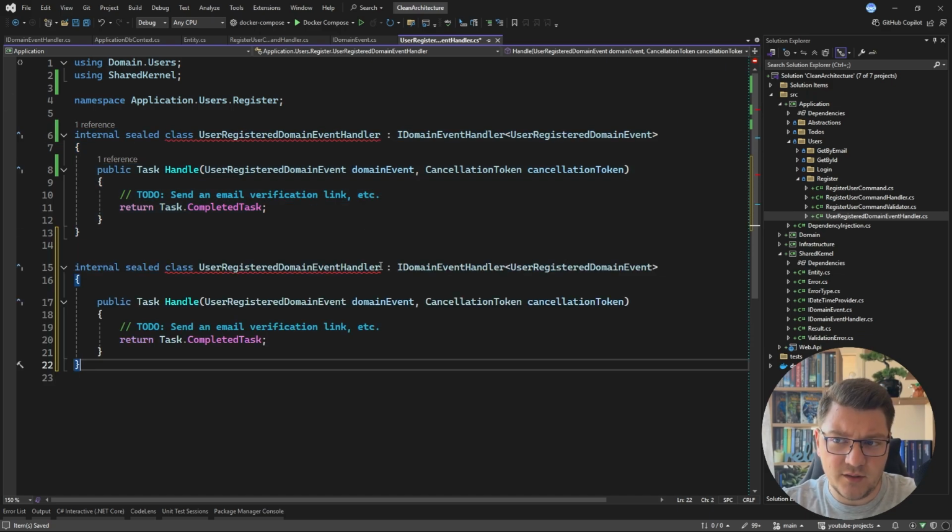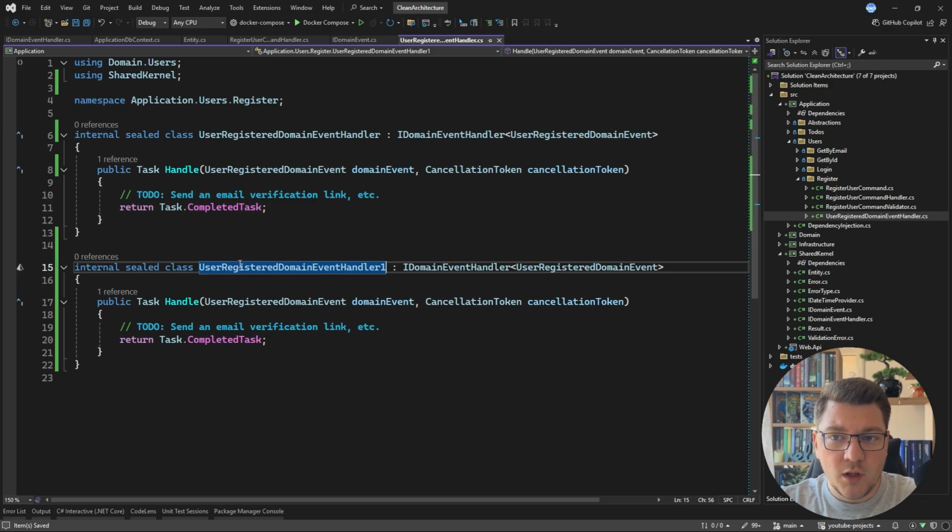have any functionality inside. However, I will create an additional implementation just for demonstration purposes because we are allowed to have more than one domain event handler for a single domain event. And I want to be able to test that we support this functionality. So what do we have to